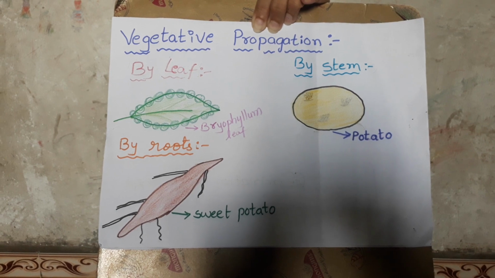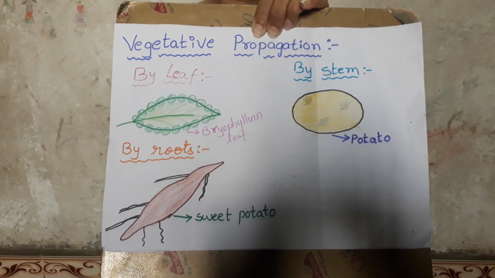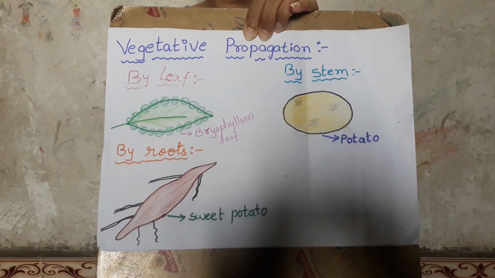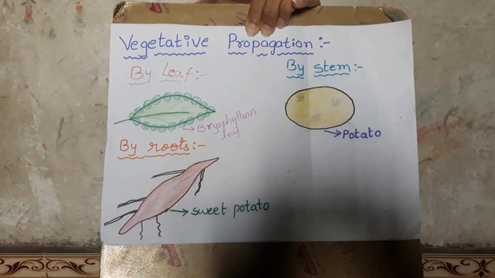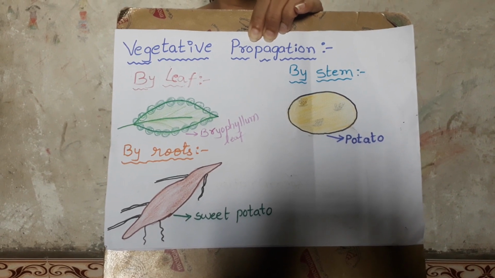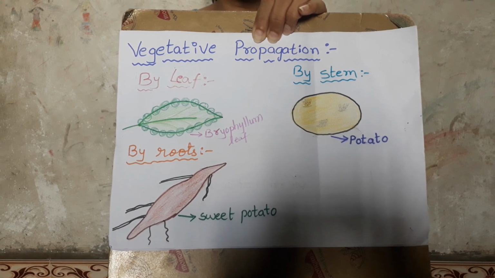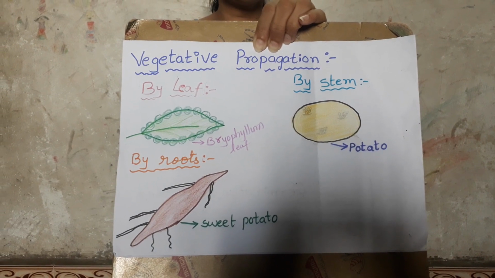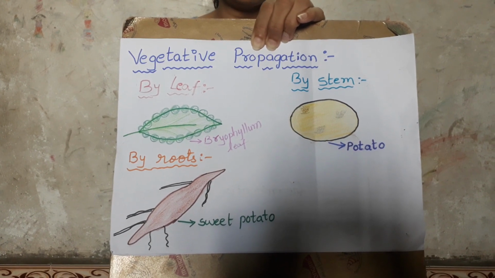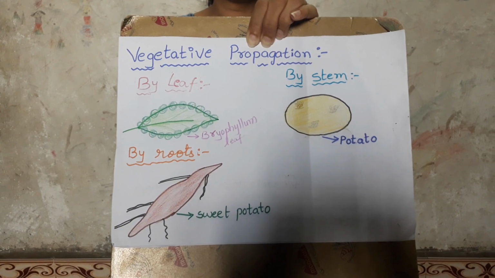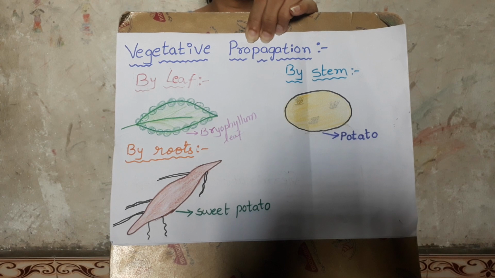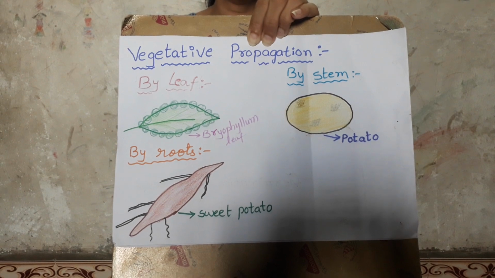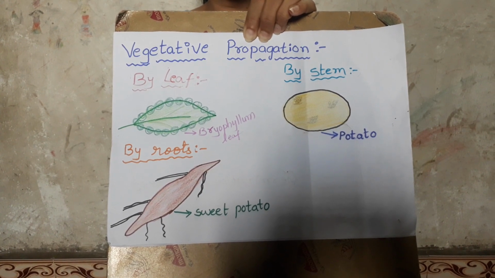Generally some more stems we can also see, underground stems, in onions and ginger. Onions generally appear in a bulb-like, round shape. We can see onions are present in our homes, right? So onions will grow into a new plant by sowing that onion in the soil. And we can see sugarcane stem also. Sugarcane is also a stem, you know. So this is vegetative propagation by stem.